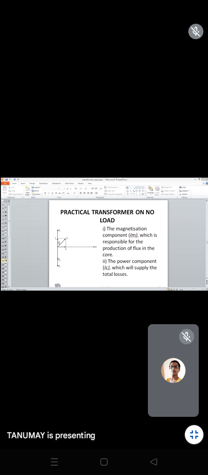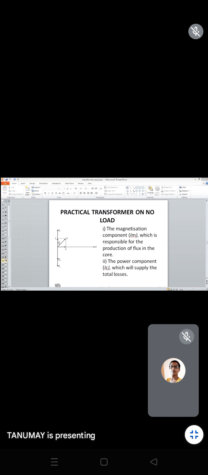Now this is the actual transformer phasor diagram on load. Previously, no load was connected over the transformer side, and in the second case, the transformer is connected with some load. Initially, consider the load to be of inductive type. In electrical terms, there are three different types of load. First one is resistive type load, next is inductive type load, and third is capacitive type load.